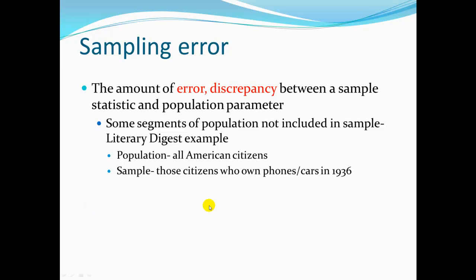So going back to that example, another example of this today would be if you're doing a study and you only used people who have the internet. Again, if you were looking at certain segments of the population, you'd be leaving people out. So there are always flaws with different ways that you collect your data. But again, if you do things correctly, then you don't have as big of a problem.